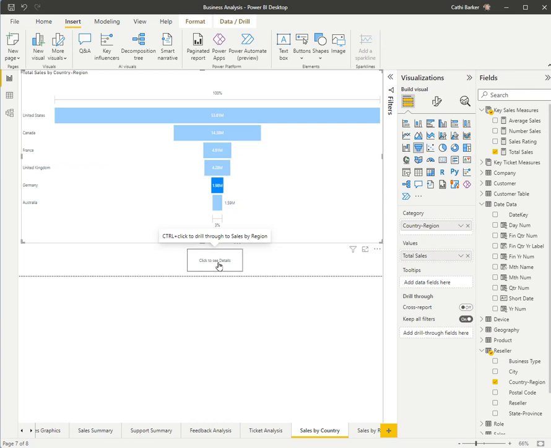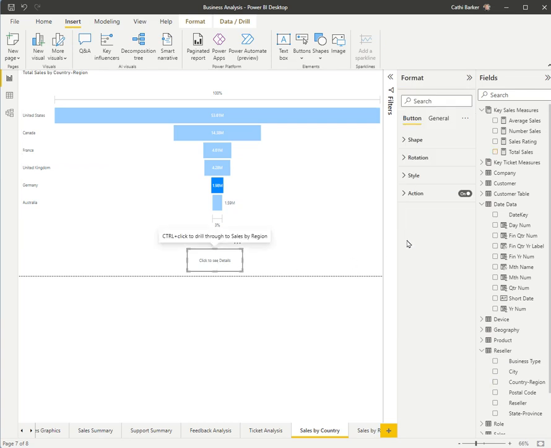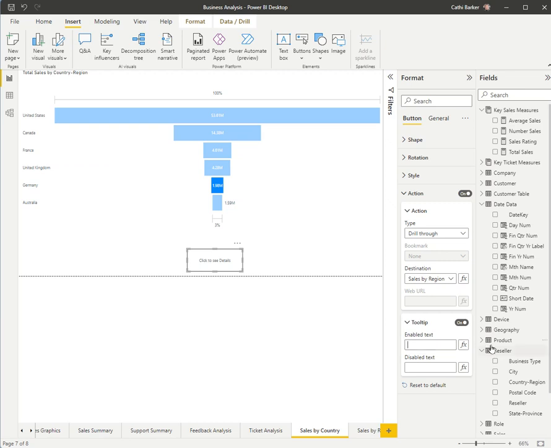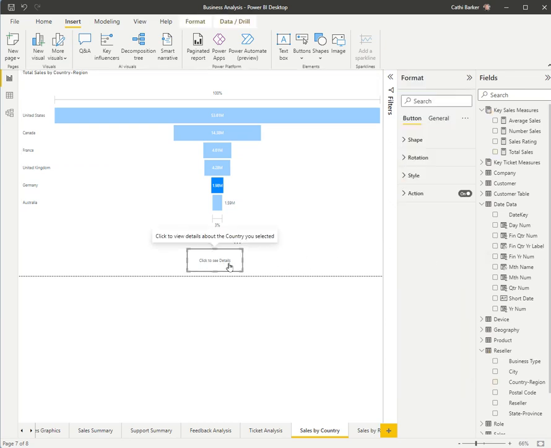If I don't like the standard message, I can actually add my own tooltip. And so what I'm going to do here is click on the button, go to Action, go to Tooltip, and type click to view details about the country you selected. For example, if I then click on the button and just rest it, click to view details about